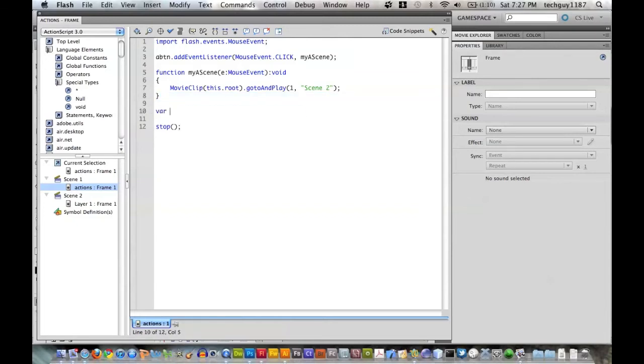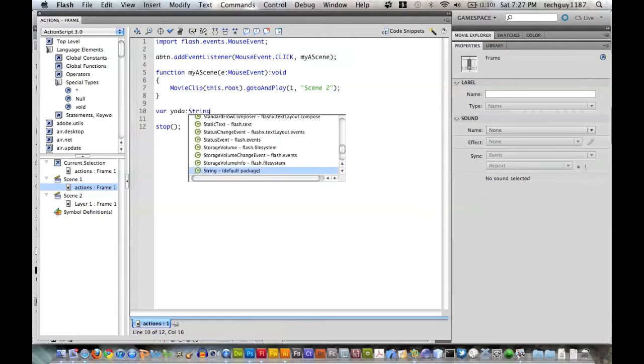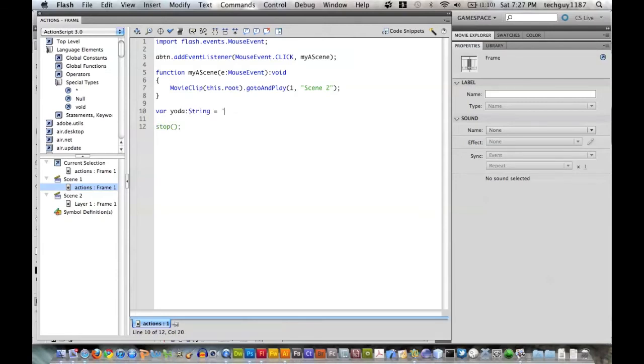First, let's create a variable and let's name it Yoda. Put a string and make it equal to force. Now we're going to declare an if statement. If Yoda equals force,